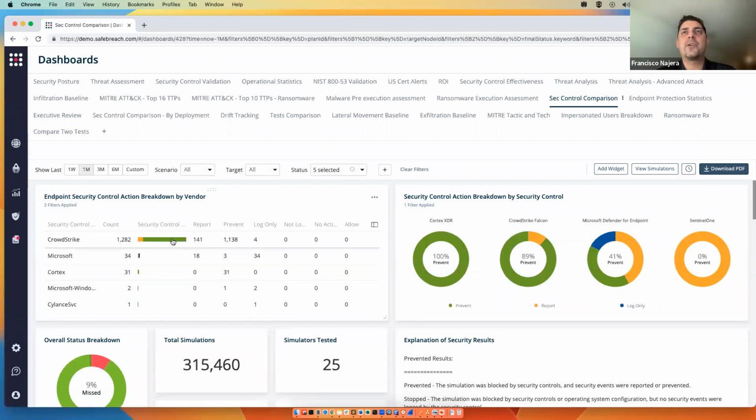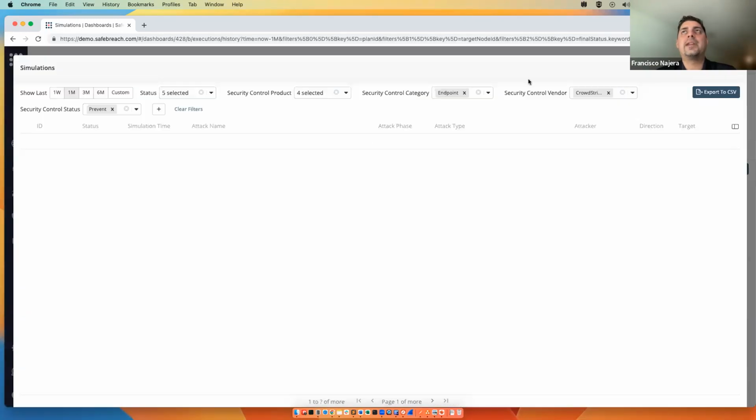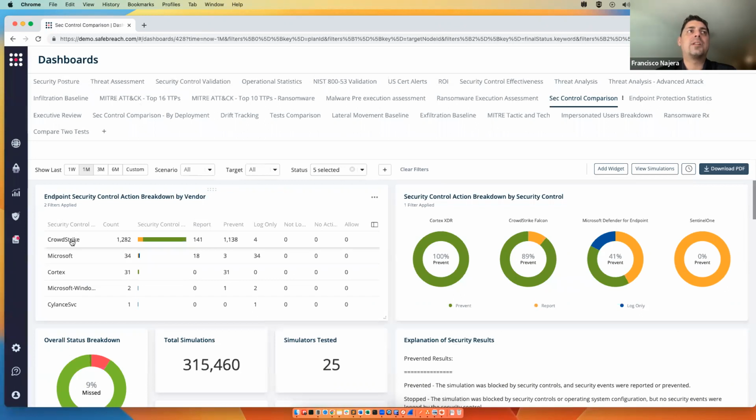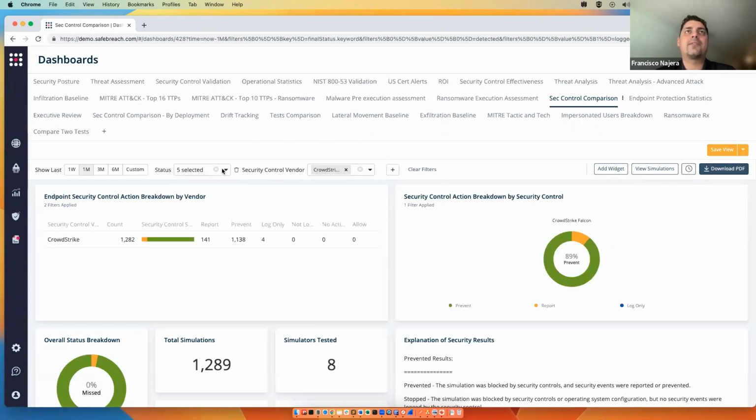So if you wanted to just focus on CrowdStrike as an example, we can do filtering at the widget level, as well as at the report level. So clicking on a category of a widget, we can now filter the entire set of results here and focus only on CrowdStrike. So you're able to compare not just each control against other controls that you may have inherited or are actively evaluating in your organization, but you're also able to compare how a particular control is performing against maybe